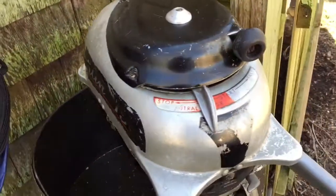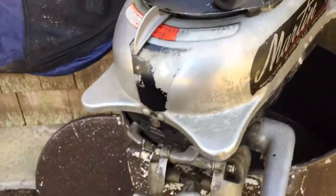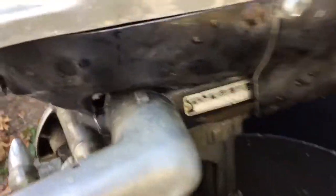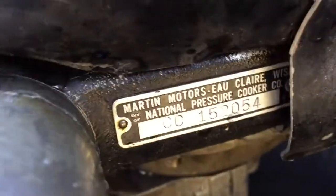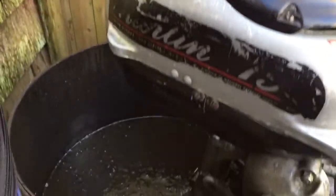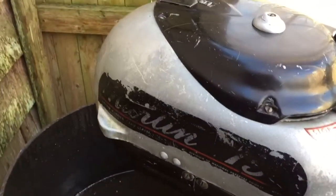1952 Martin 75 twist shift. This one had the basket case option. It was overheated really bad at one point, so the cylinders ran around. I was able to rigid hone them and straighten them up. I re-rung it,